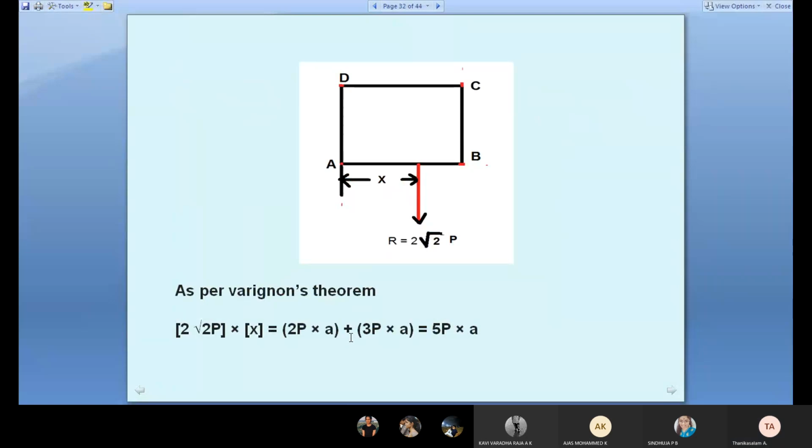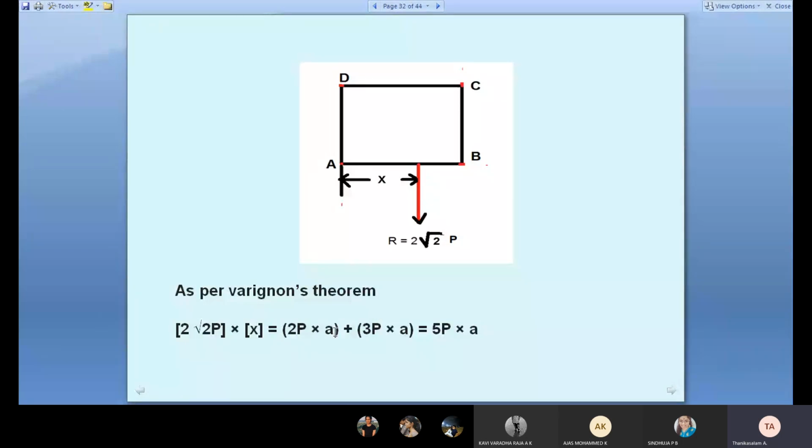Okay? So the resultant force. See here, I did not mark minus; all are plus because we are calculating the magnitudes only, so no need to worry here. Just we apply Varignon's theorem. What does Varignon's theorem say? The resultant force moment equals the summation of individual force moments. So here all the forces act anti-clockwise. So I should have marked minus here. I will change it later.